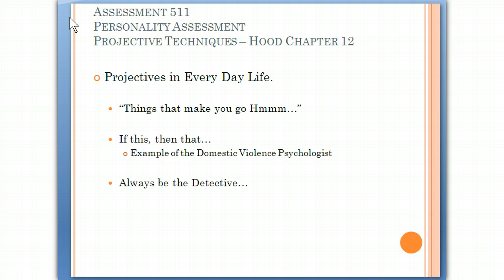There are inventories reflecting the person-environment interaction. There's Holland's Position Classification Inventory. There's